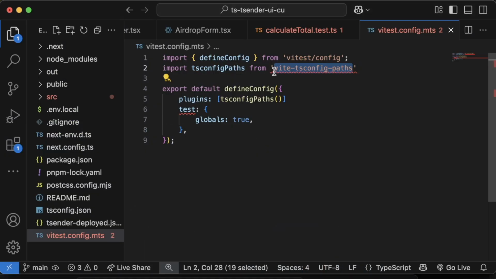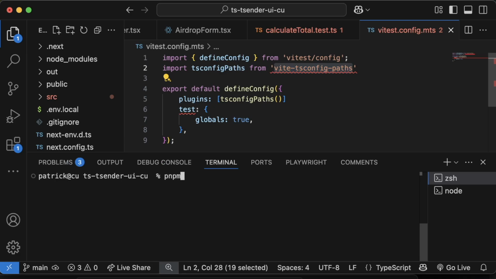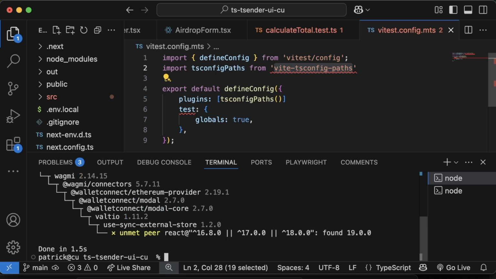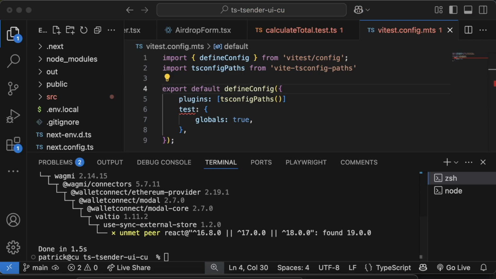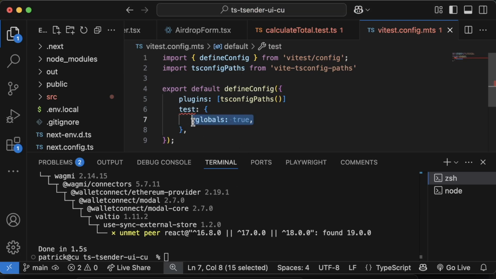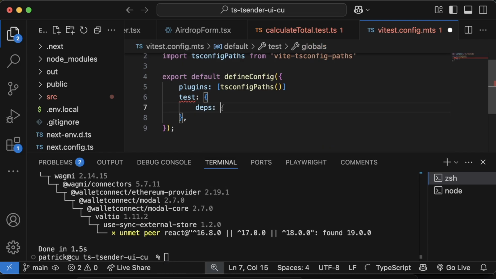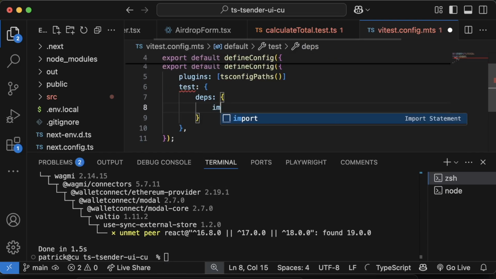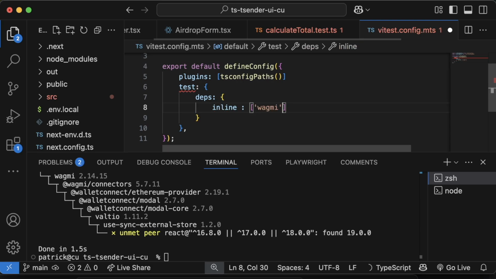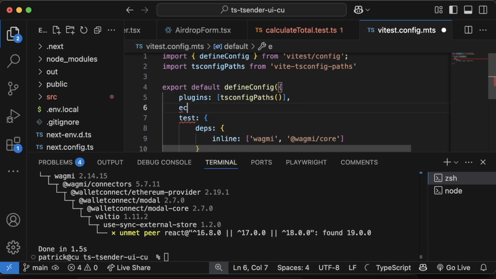But we need to add this as well. So I'm going to do pnpm add -D vite-tsconfig-paths to work with this. It's a tool that allows TypeScript paths to basically work, and we're working with TypeScript, so we're going to want to do that. And we don't want tests for here, we're going to say deps for dependencies, inline wagmi and @wagmi/core, and a comma here. And then we want to do exclude